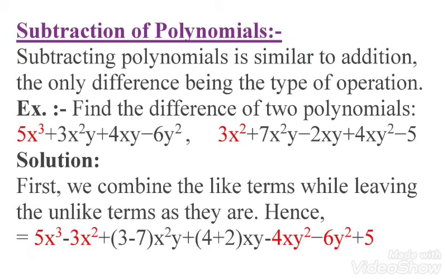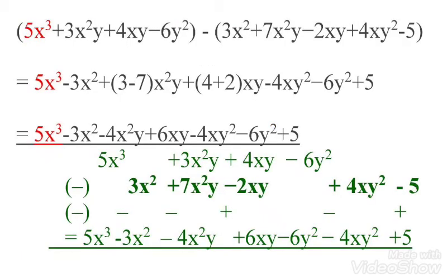Therefore we get the answer. What do we have to do? We have to identify what? Like terms and unlike terms. In like terms, we subtract, but in unlike terms, we cannot do any change except sign, meaning plus minus or minus plus. Here now I tell you the two different ways to solve this expression.